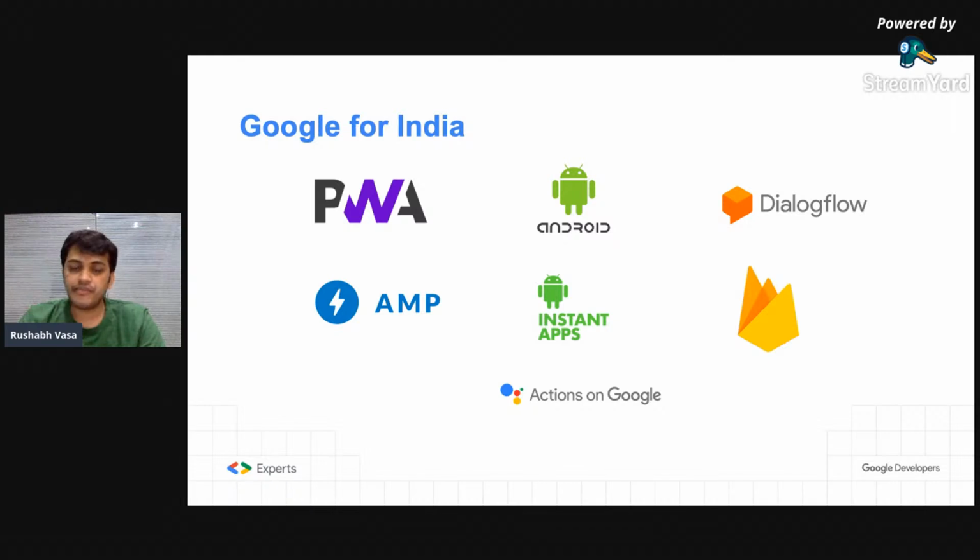The PWA gives the complete mobile app kind of experience. It also gives a rich offline experience, and since in India there are always connectivity issues, offline experience makes a lot of difference for the users. It's also discoverable and linkable, so you can use it as your mobile app, and it gives you the progressive experience, because in India a lot of people don't update their apps. I'm sure we all use some mobile apps, but we don't update all of them regularly. So that's where the progressive experience comes into the picture.